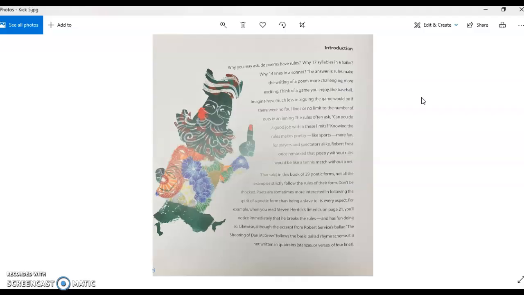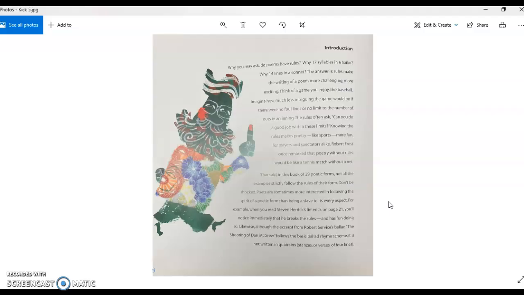Knowing the rules makes poetry, like sports, more fun for players and spectators alike. Robert Frost once remarked that poetry without rules would be like a tennis match without a net. That said, in this book of 29 poetic forms, not all the examples strictly follow the rules of their form. Don't be shocked. Poets are sometimes more interested in following the spirit of poetic form than being a slave to